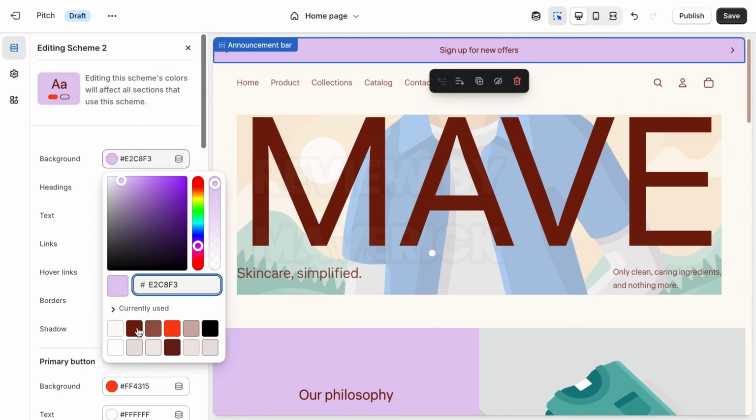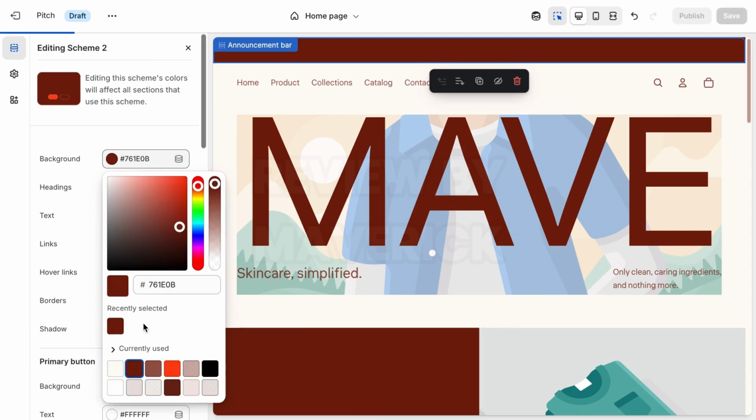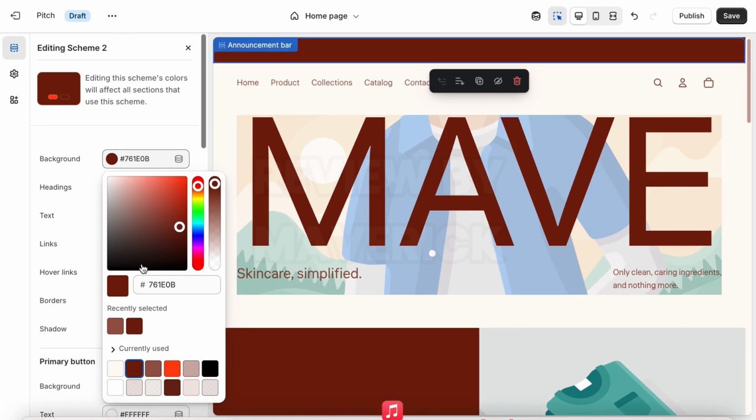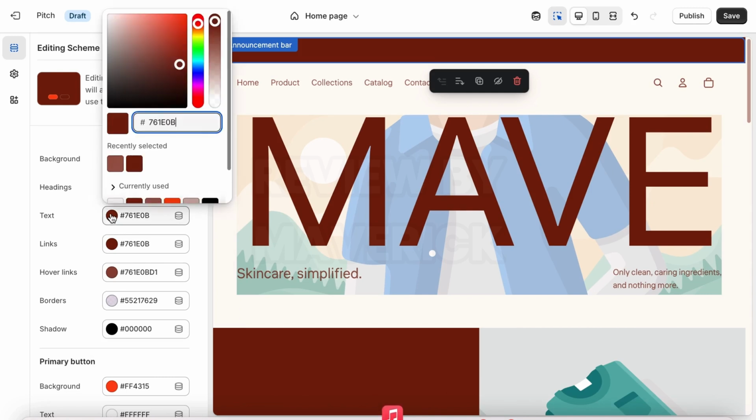Whatever color you're using, you can always change the color of your brand, whatever color you want. You can come here to change the background to whatever it is you want. As for me, I'm just going to be using brown. I think that's too deep. Well, I like deep brown, so let me just use brown. Now the text also is brown, so I need to change the text to